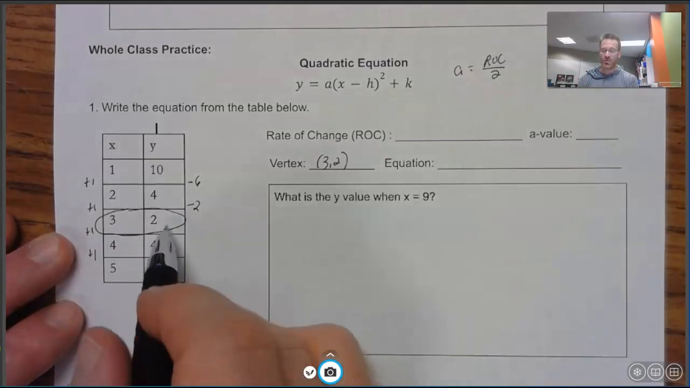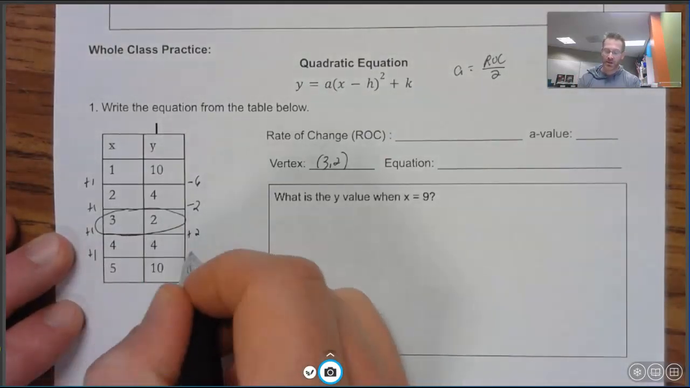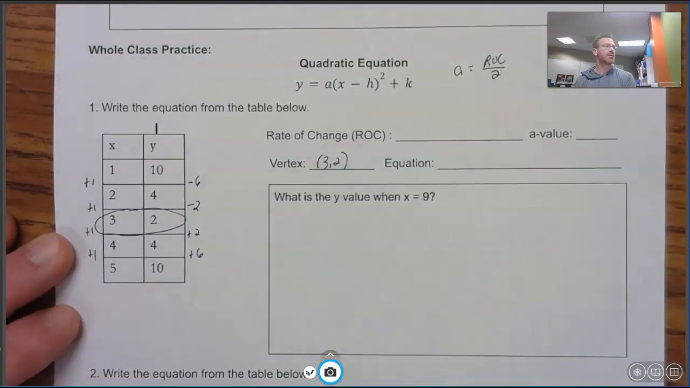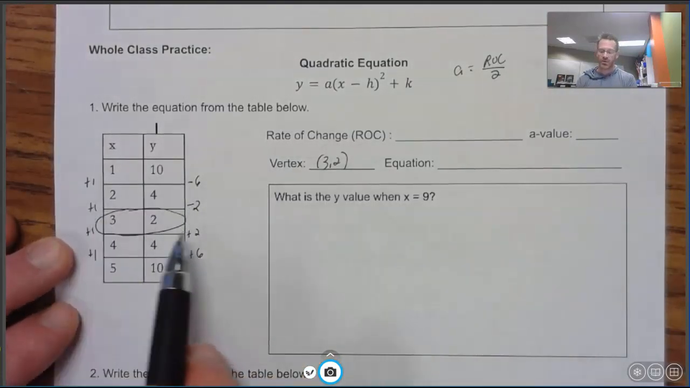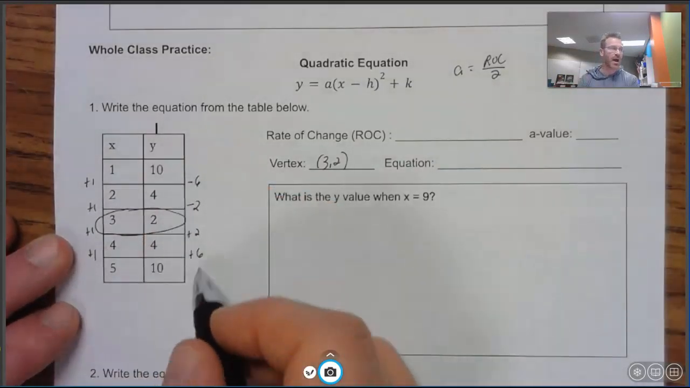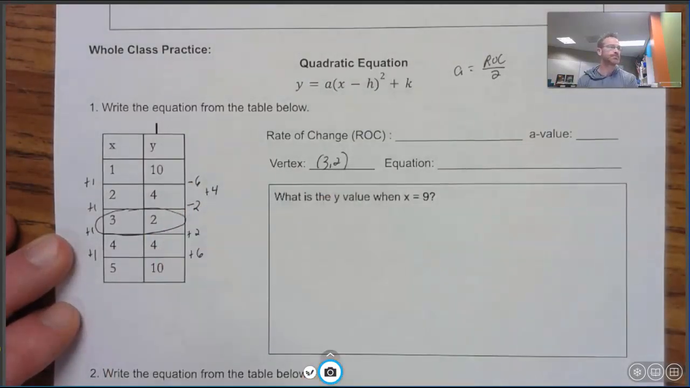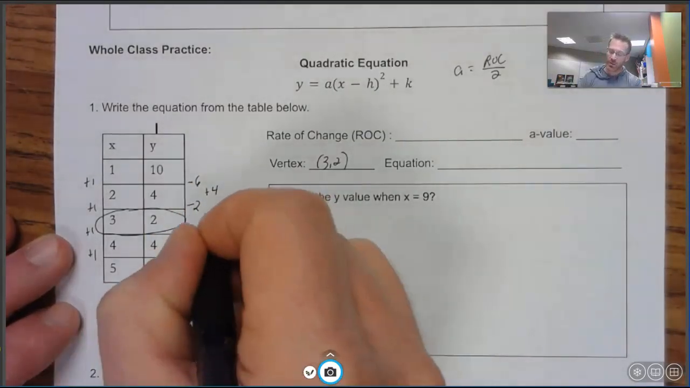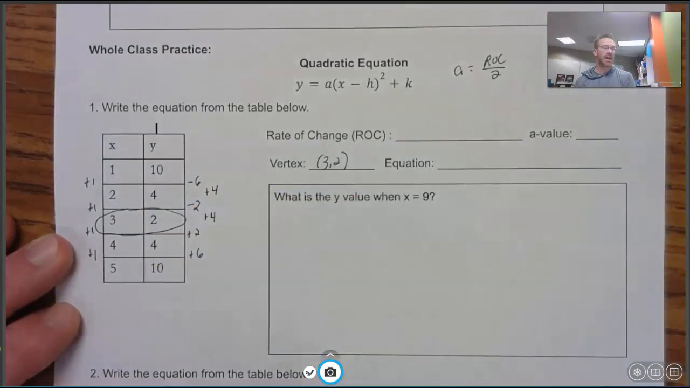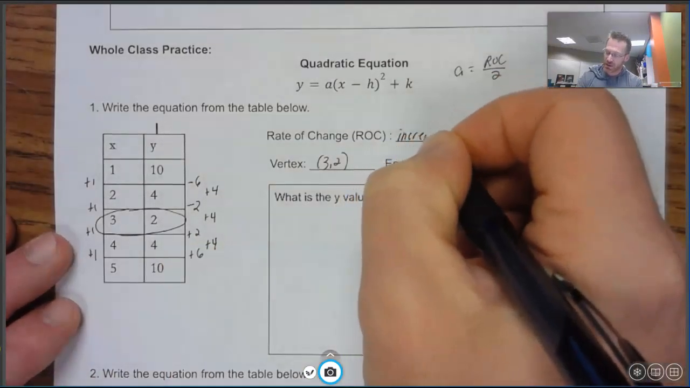Okay, and then we can keep going. 2 to 4, I go up 2, and then 4 to 10, I go up 6. So negative 6 to 1, negative 2 to 1, 2 to 1, 6 to 1. Now, remember from the rate of change of a quadratic, we look at the pattern here. How are these changing? Negative 6 to negative 2, I go up 4. Negative 2 to 2, I go up 4. 2 to 6, I go up 4. So our rate of change, we would say is increasing